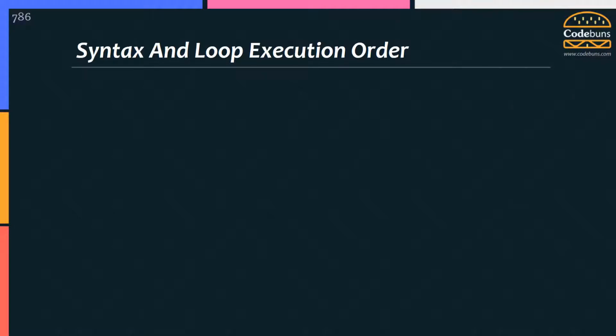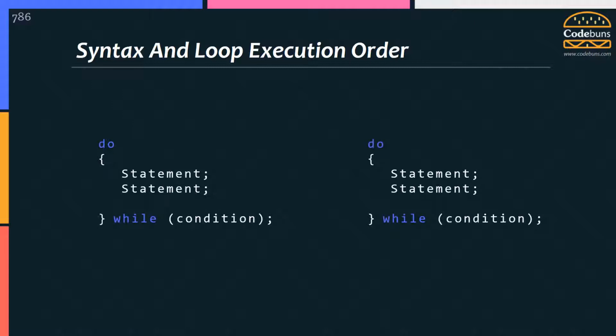Actually, do while loop is a variant of while loop, except for one main difference. It will always execute the loop body at least once in the beginning, irrespective of the condition being true or false. The condition is evaluated at the end of the first execution of the block, when the while statement is reached. The structure of a loop is this.